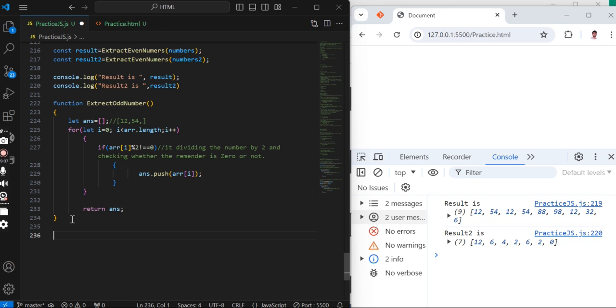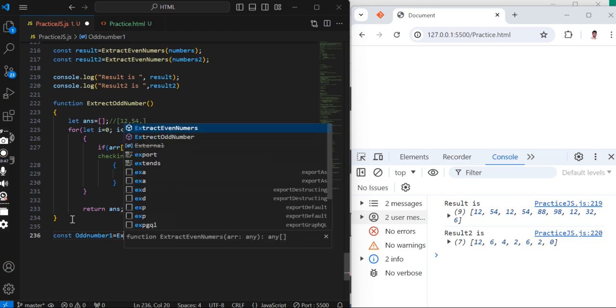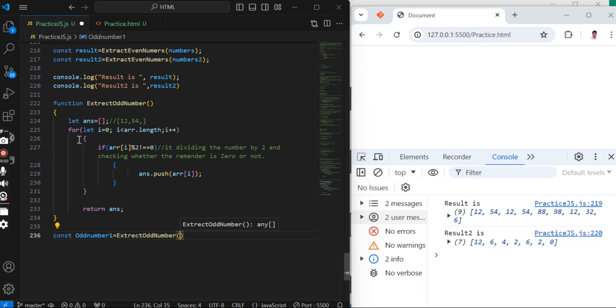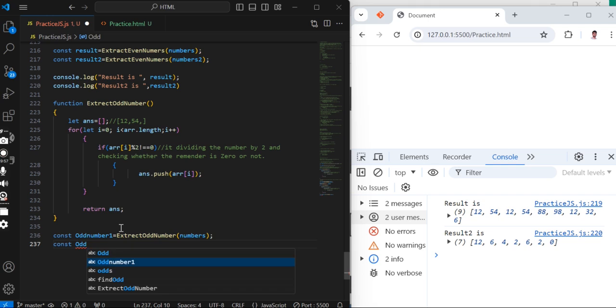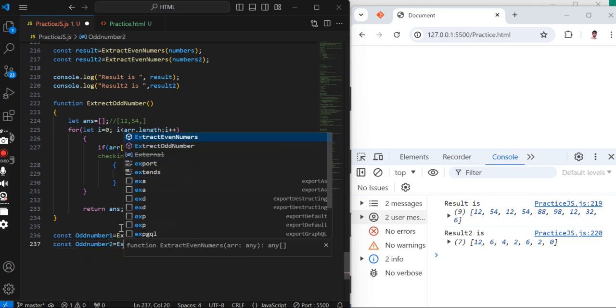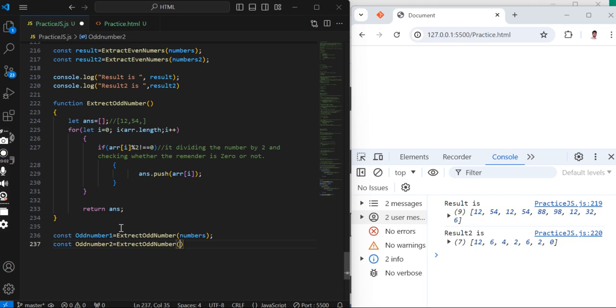Let us store that. Odd number 1 is equal to extract odd number. We are going to pass the same array 2 times. Odd number 2 is equal to extract odd number, this time the second array. We are printing odd numbers